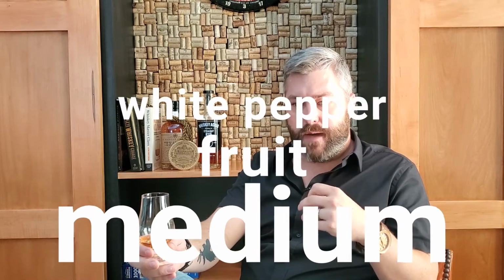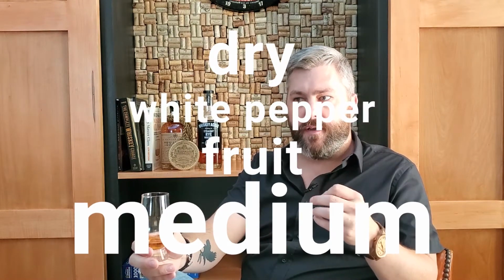There is a little bit of, I swear it's that cherry kind of pipe tobacco right there at the very beginning of the finish. But as all the flavors fade out, it is a little dry in the finish. There's a little bit of sweetness though too, and that could be from the fruit like I was talking about. All in all,